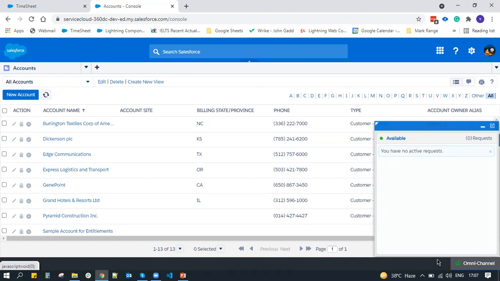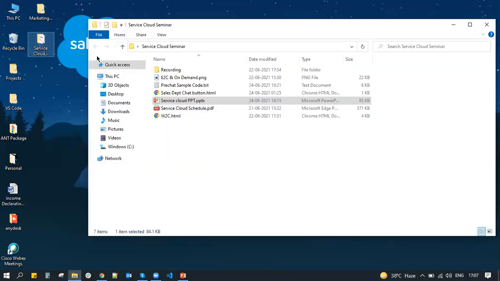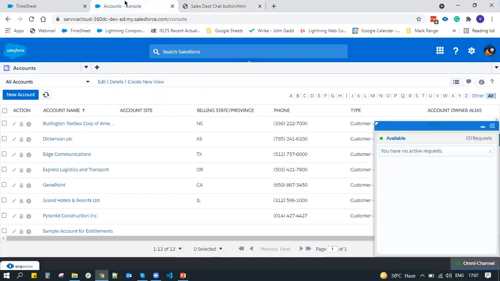Now, how can a customer contact me? Customers are going to visit the website of our company. For example, I am a 360-degree company and I have a website. Let's assume I have a website with the name 360degreecloud.com. In there I have pasted a code given by a developer of Salesforce. The developer will generate a code, and that will be given to the IT support of our website, and IT support is going to paste that particular code on their website.